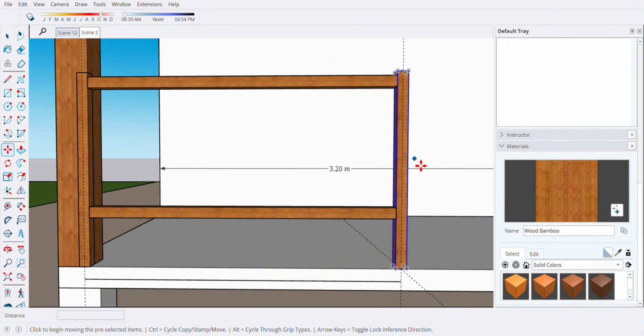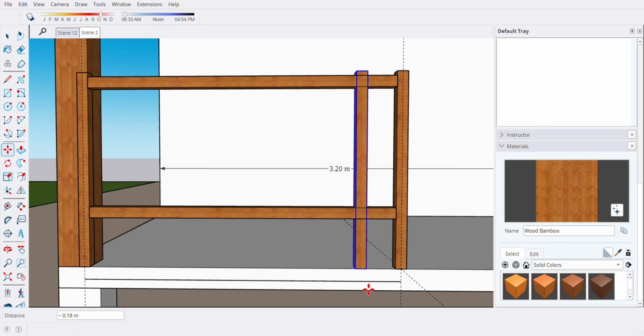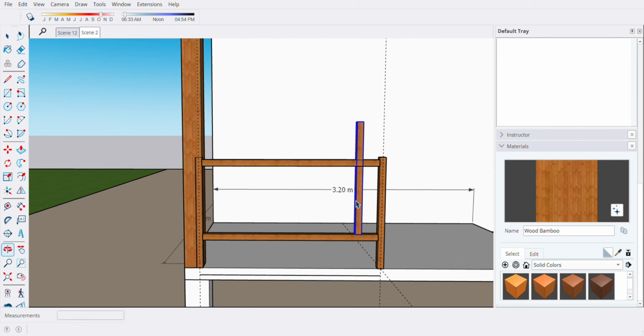Since this one is very long, we need to copy this one. Just copy from the end point up to the next end point. Okay, just make sure that your snap is correct. So, okay, move up.